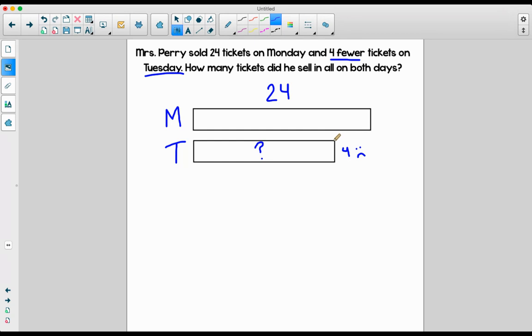So we want to find the part where the extras are. That would be here. So if this part is 4, then this part would be 4. And if this part is a question mark, then this part is a question mark. Now, how does this help me? Well, if my whole is 24, I know my parts are something and 4. And we know from part whole that whole minus part gives us part. So 24 minus 4 would give me